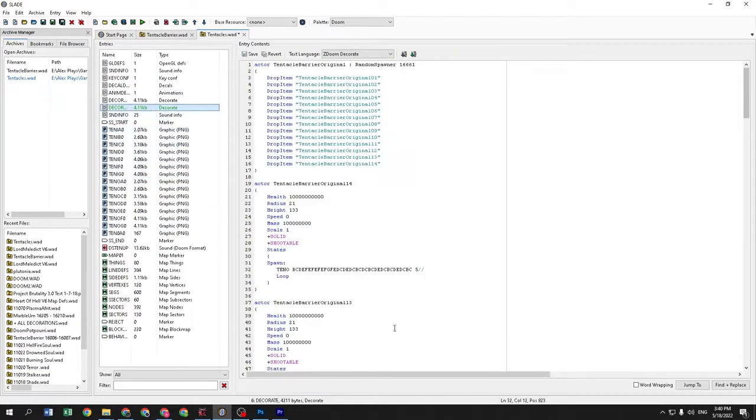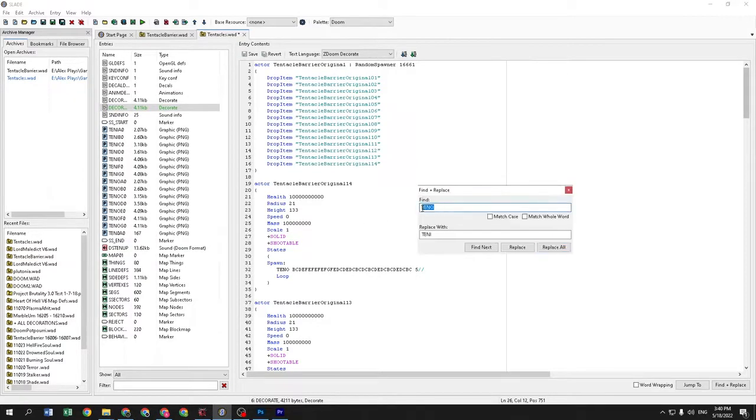So we want to quickly add the flipped ones to my decorate file here. So what I want to do now is just find the original word and replace that with